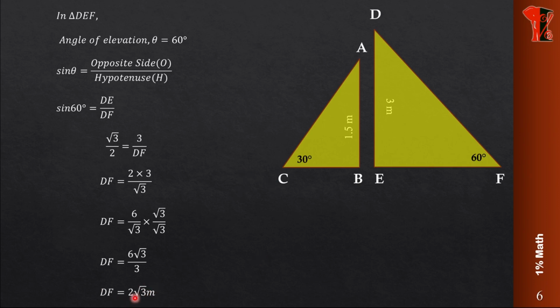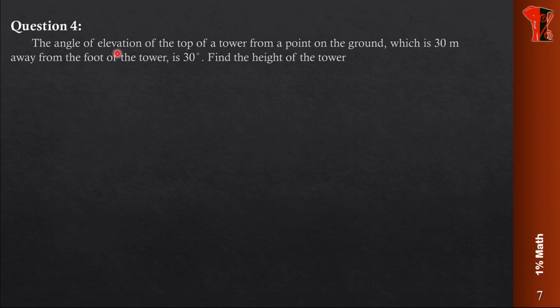Now, if you use root 3 value as 1.732 or 1.73, you will get an answer in decimals. So, what is the last answer? The length of each slide is 3 meters and 3.46 meters. So, 3 meters for the children who are below 5 years old and 3.46 for the elder. Okay, now let us go for the last direct problem, that is: the angle of elevation of the top of a tower from a point on the ground which is 30 meters away from the foot of the tower is 30 degree. Find the height of the tower.